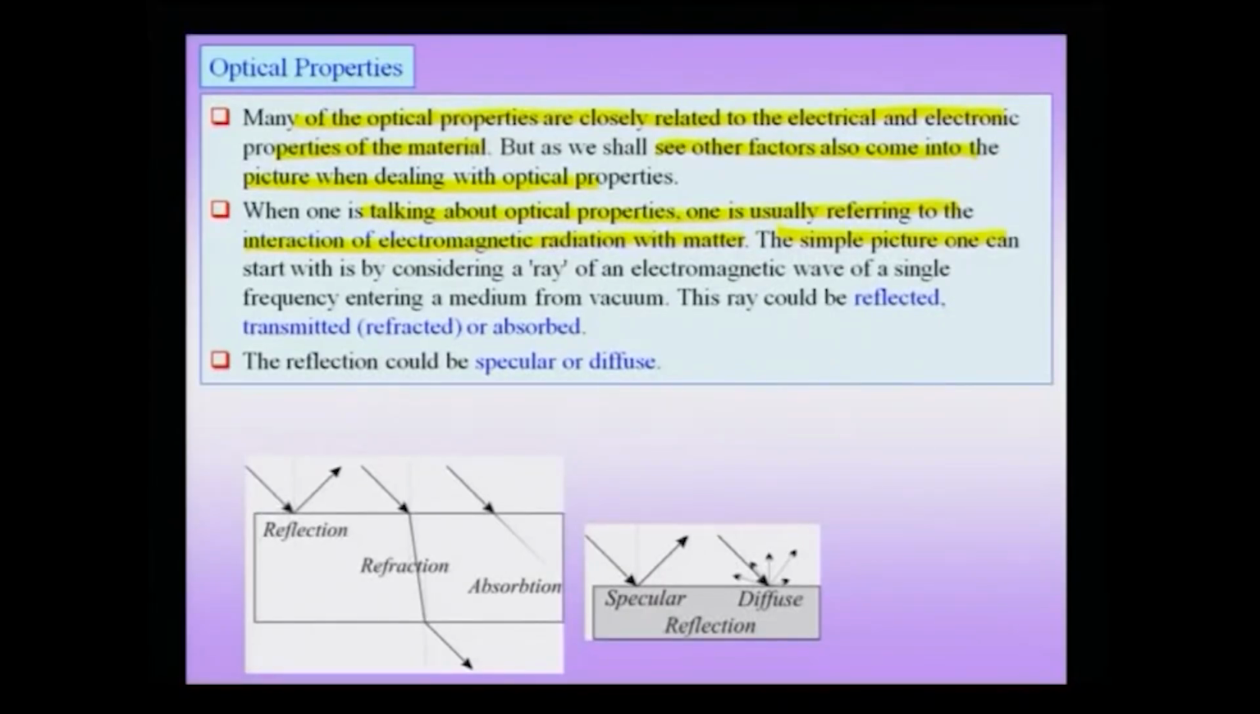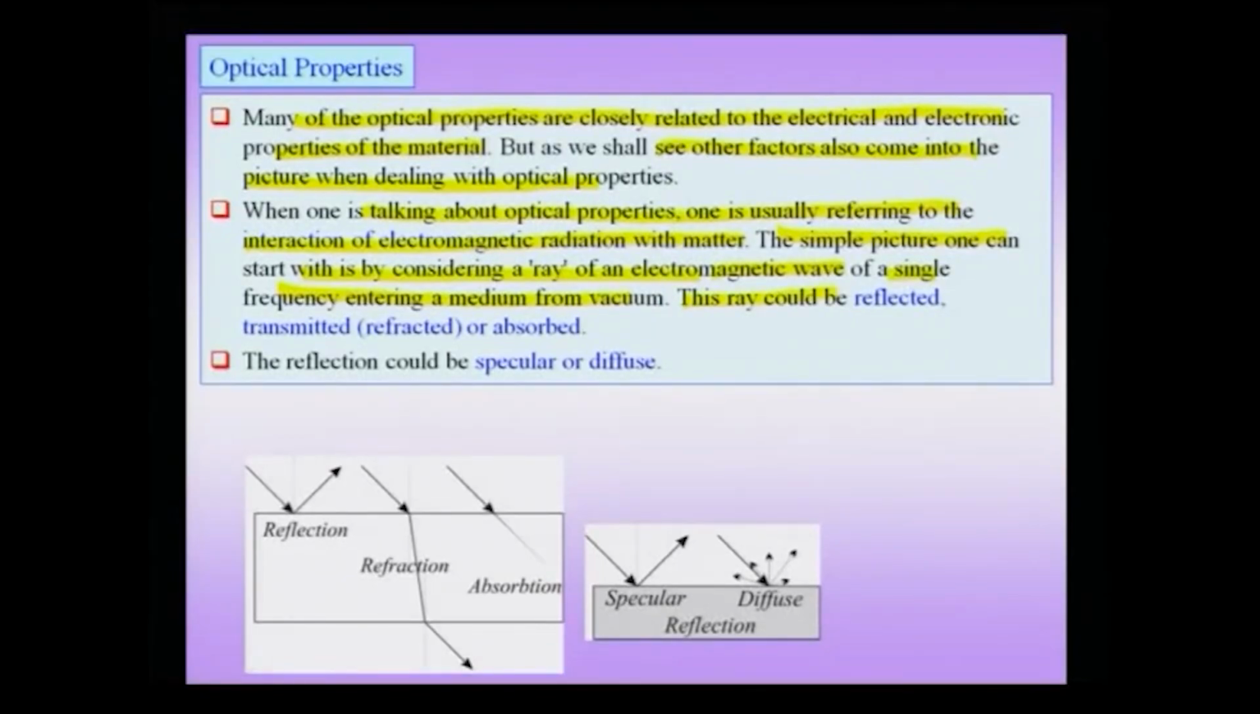The simple picture one can start with is by considering a ray of an electromagnetic wave. You know that the ray is actually a geometrical construct and has no physical reality, and we consider a single frequency entering a medium from vacuum. So, this is a starting picture of what you might think of as an interaction of electromagnetic radiation with matter. Now, this ray implies that all the wave fronts in the wave are actually perpendicular to this ray. This ray could be reflected,